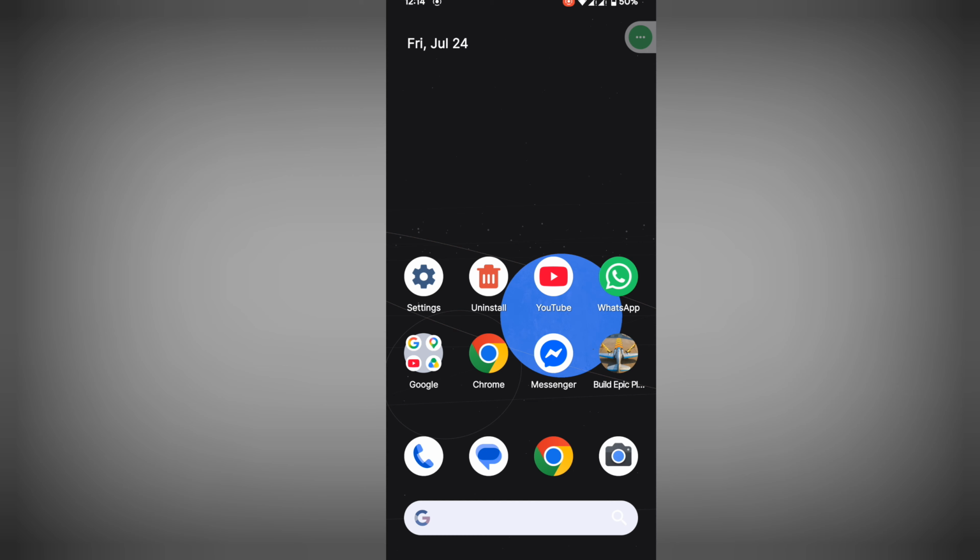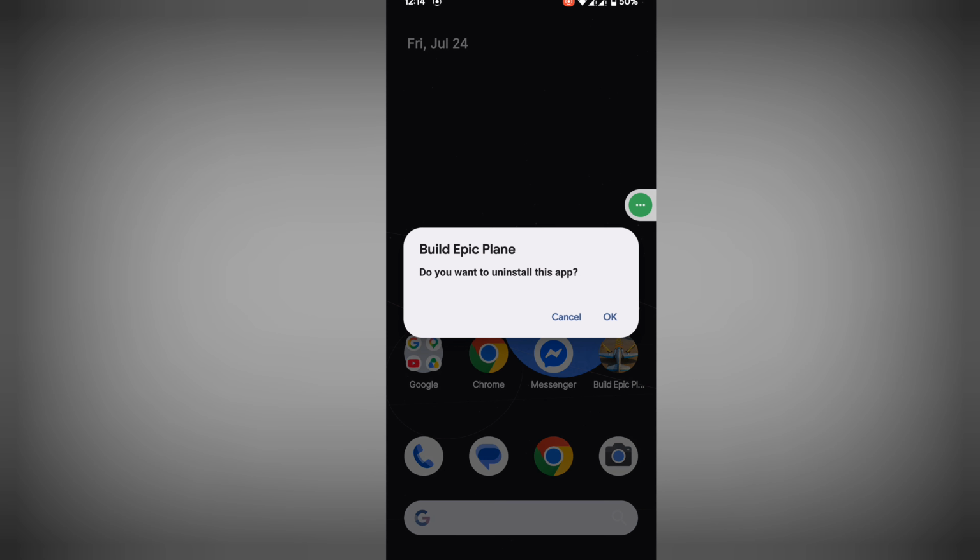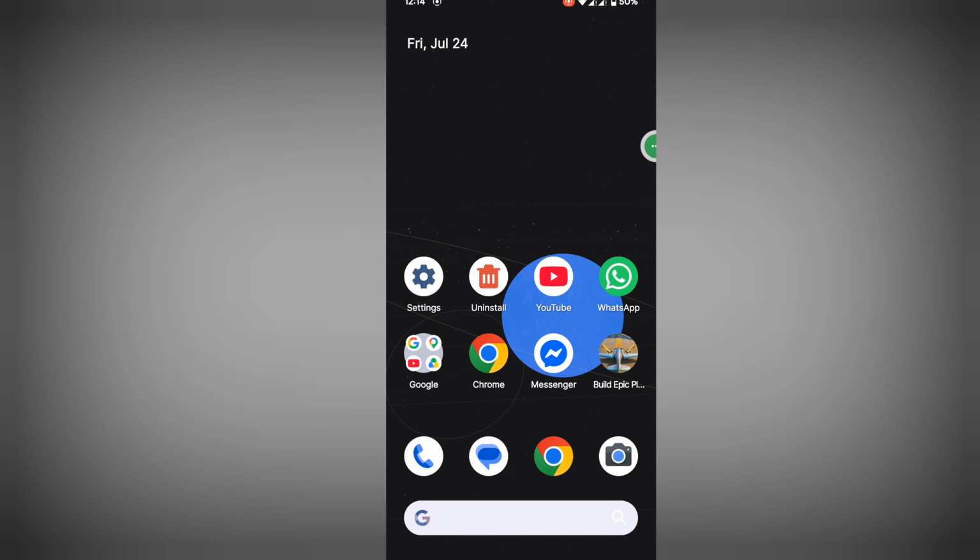In this video, I show you how to remove the Build Epic Plane game. First of all, tap on the uninstall button here, that you can uninstall from here. If you cannot see this uninstall button, then go to your phone settings,